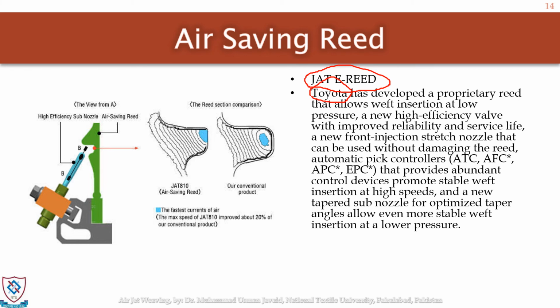That is, it is more perpendicular on one corner, and you can see that this edge is more prominent over here. This edge has been reduced in the inward direction. You can see the air currents they are supposed to produce over here do not push the weft to the exact wall of the reed. But over here they are suggesting that reducing this edge towards the inside and making the profile like this causes